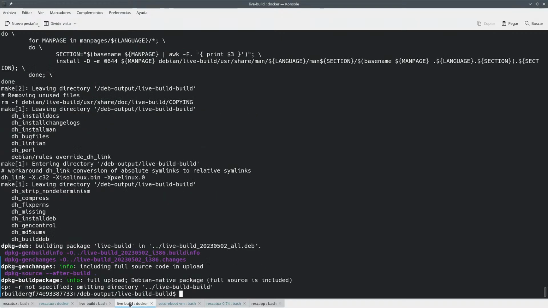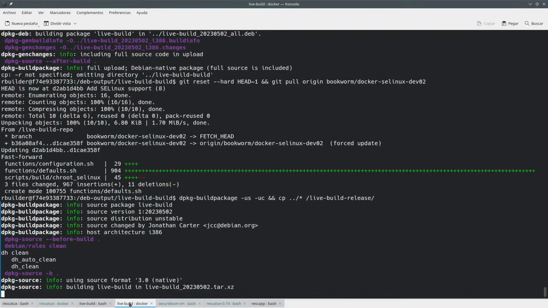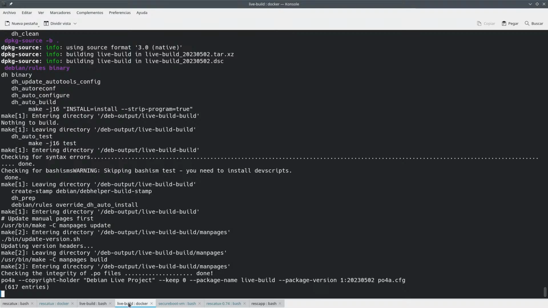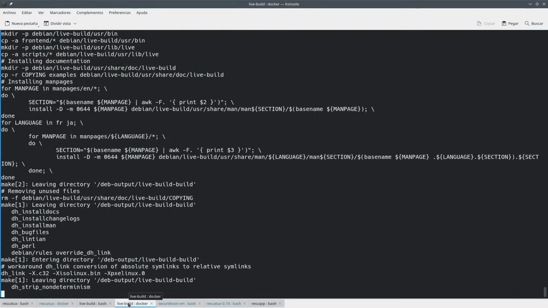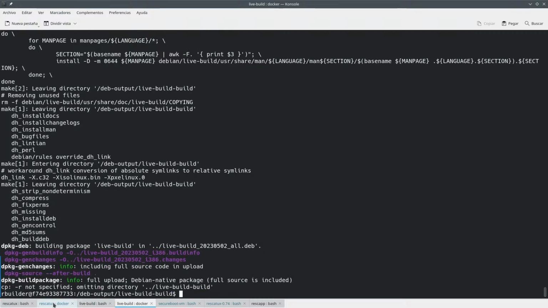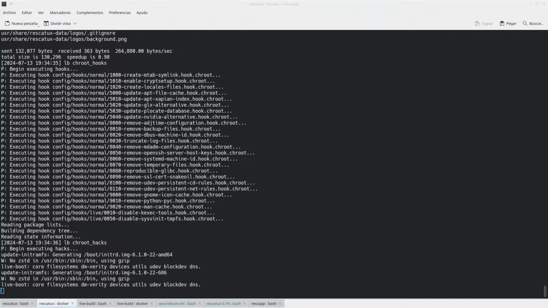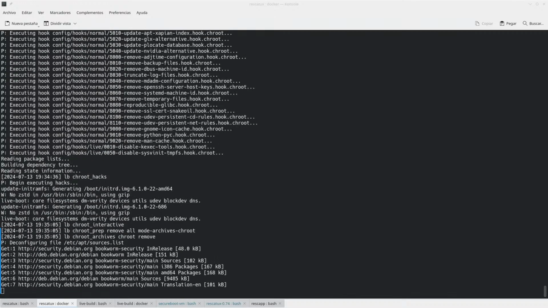Once we have that, we want to reset this thing so that we can build this thing again. And once we have this thing done, we install it there. So I guess, I don't know why I have, let's